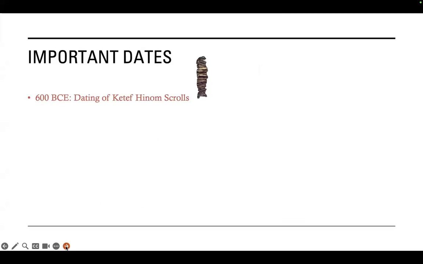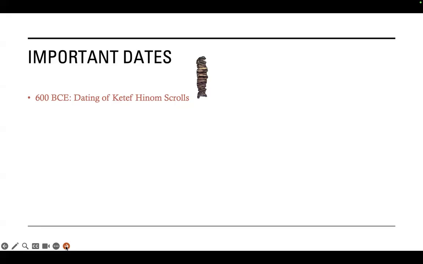So let's talk a little bit about dates in general and to what extent these things are reflecting things that have actual history that you can touch. So, the first time that we find a material object that actually has biblical text on it dates to about 600 BCE, and that's where we find two tiny, tiny silver scrolls in a place called Ketef Hinnom. And the scrolls have cuneiform writing on them. It's, again, very tiny. And what it has is a couple of verses from the Book of Numbers, basically the priestly blessing. So, this is the first documentation that we have of this as a written text.